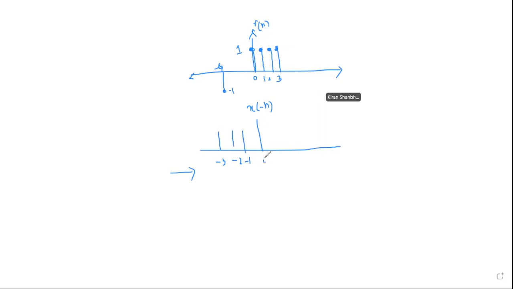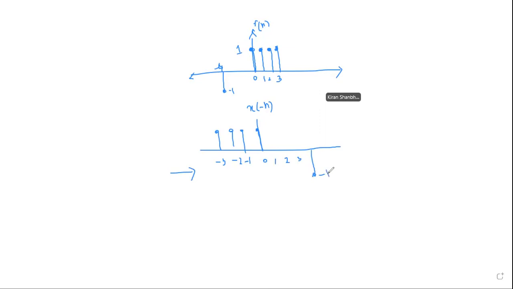What about 0? What about 0? Same with the amplitude 1 itself. At 0 also, it's having an amplitude of 1. And afterwards, at 1 you get nothing, sir. At 2 you get nothing. At 3 you get nothing. At 4, I get amplitude 1. No, you get an amplitude of minus 1.